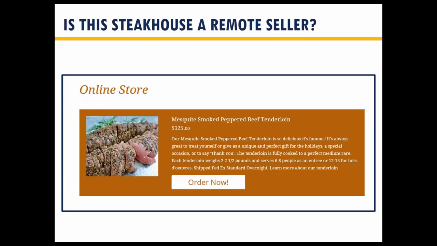We had just gotten done doing a remote seller lecture where, by the way, the technology worked perfectly. It's just this room. You know, is this guy a remote seller? We looked around and we didn't think so. Got back to the office the next day, was talking to one of the partners. He said, well, you know, they do these mesquite smoked beef tenderloins for 125 bucks a piece. And around the holidays, they ship out thousands of them out of that one little steakhouse. And you go to their website, you buy them online. And they overnight them to you wherever you want to be.